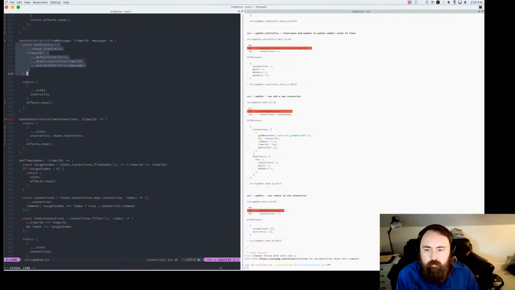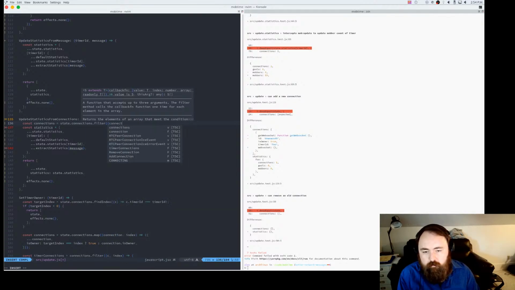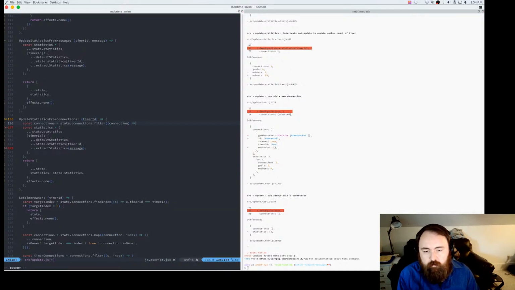In fact, let's actually grab this, and we're just going to say the const connections is going to be state.connections.filter connection, and we want anywhere where connection.timer ID is in that timer ID.